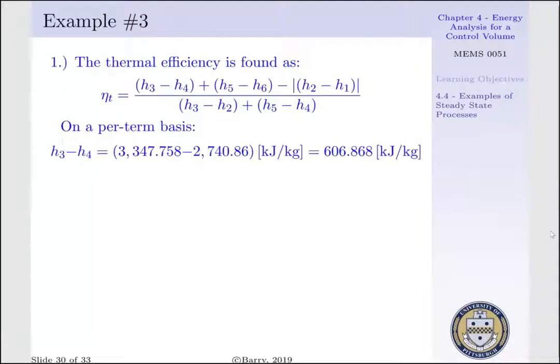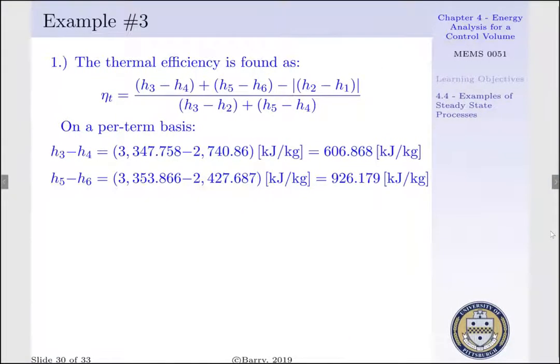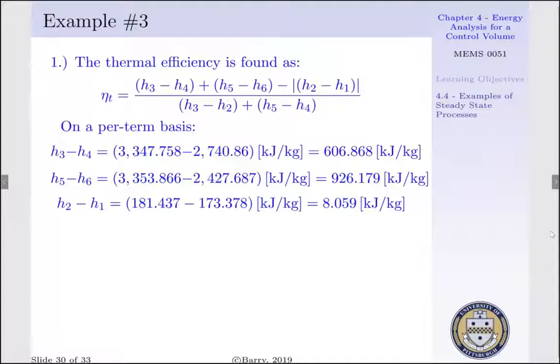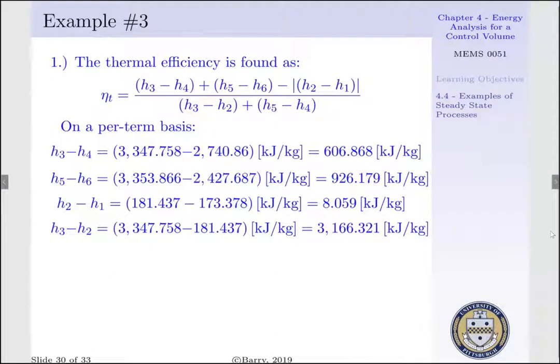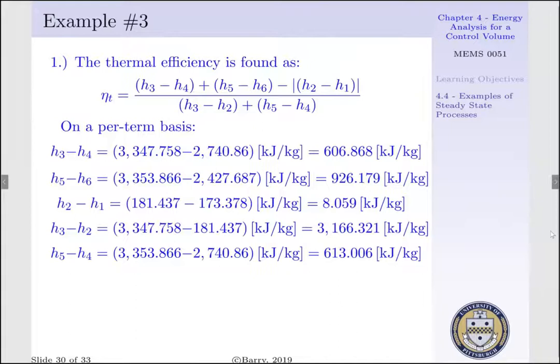H3 less H4 is our high-pressure turbine work, which is 606.868 kilojoule per kg. H5 less H6 is our low-pressure turbine work, which is 926.179 kilojoule per kg. H2 less H1 is our pump work, which is 8.059 kilojoule per kg. H3 less H2 is our first heat addition process under our 8 MPa constant pressure process, which is 3,166.321 kilojoule per kg. And H5 less H4 is our heat addition process under our 700 kPa constant pressure process, which is